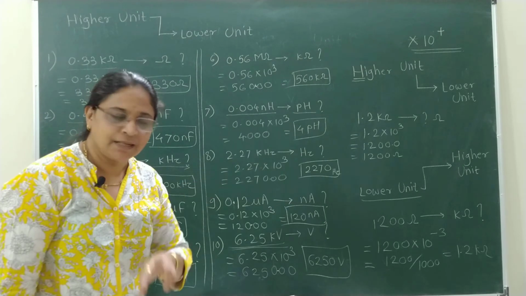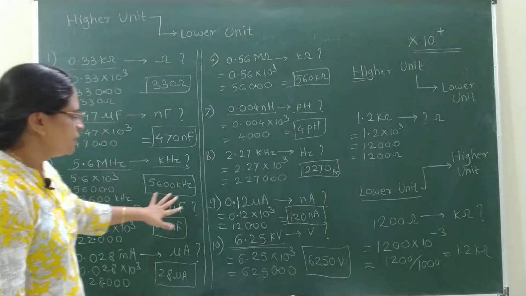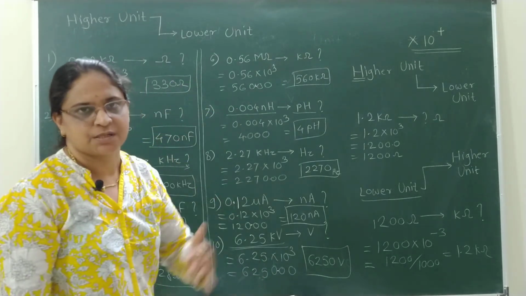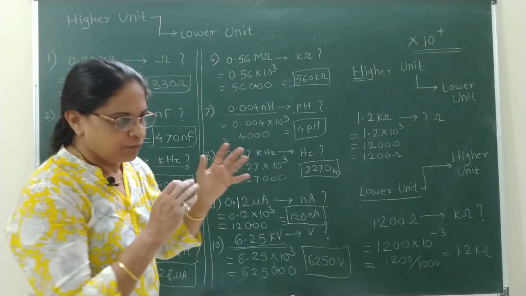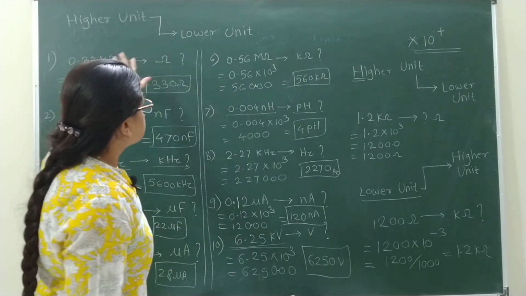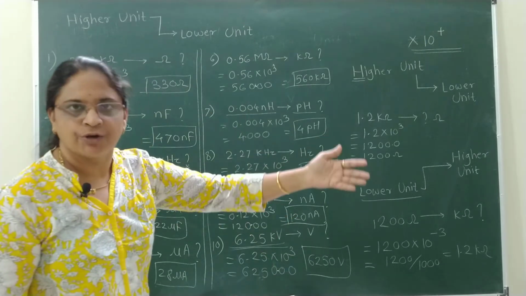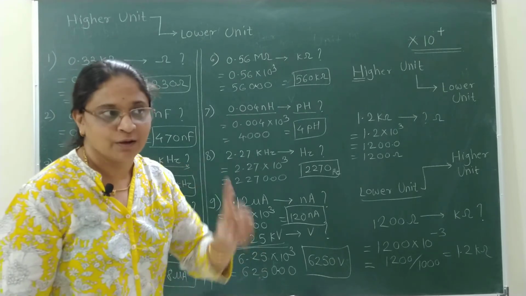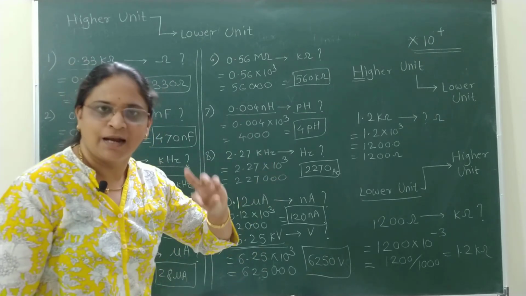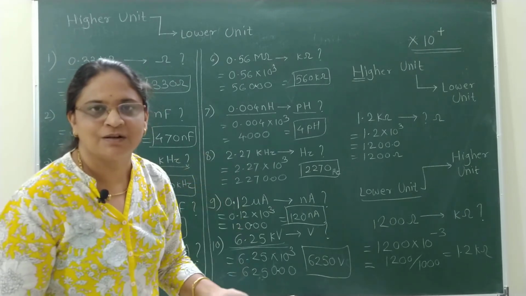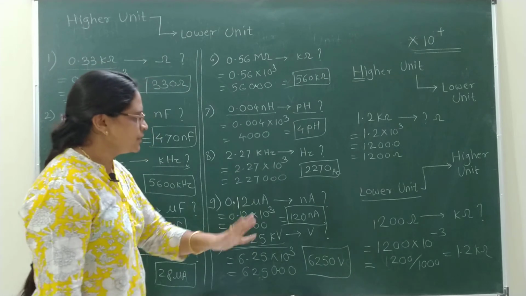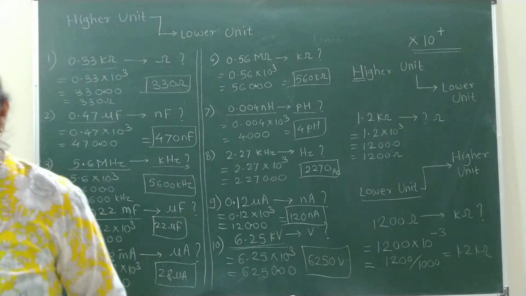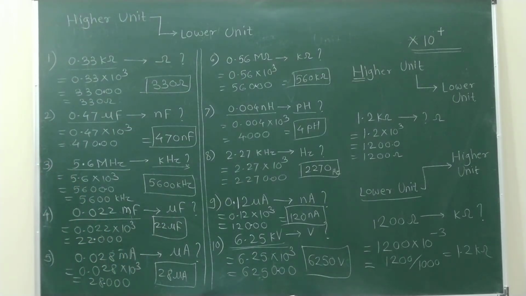Let's try the second type, lower unit to higher unit. By default, we selected higher unit to lower unit conversion first. Once we practice higher to lower and lower to higher unit conversion, then we will mix both examples. Then we have to find which is the higher unit, which is the lower unit, and whether a lower unit is to be converted into a higher unit. But in a straight way, first we finished higher unit to lower unit conversion. Now we are going to practice the unit conversion from lower to higher.